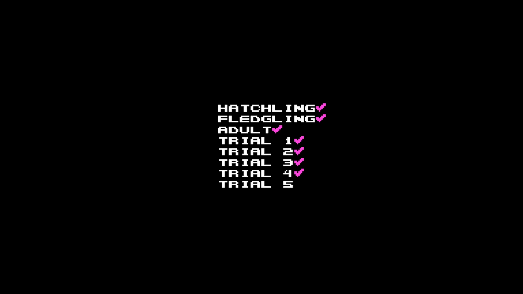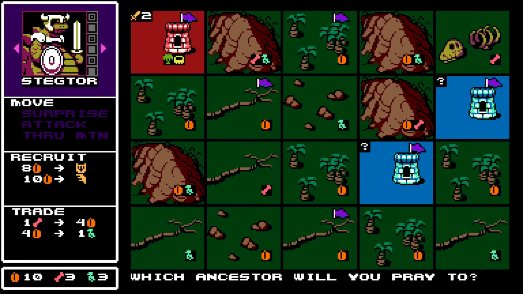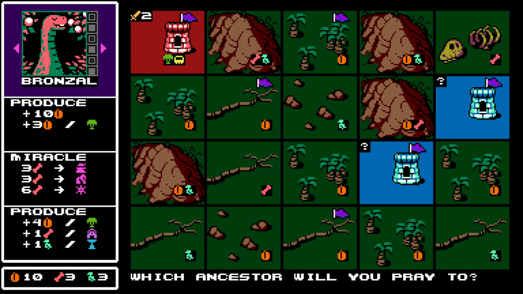Just open up the stuff in the background and let's go, trial 5. The final fight, instead of castles, capture 4 flags. The reason why this is harder is because flags, you can't defend them as easily. And we have again the